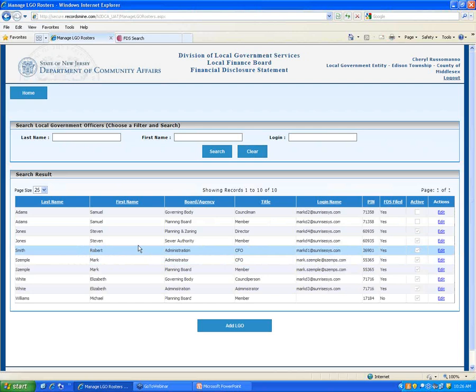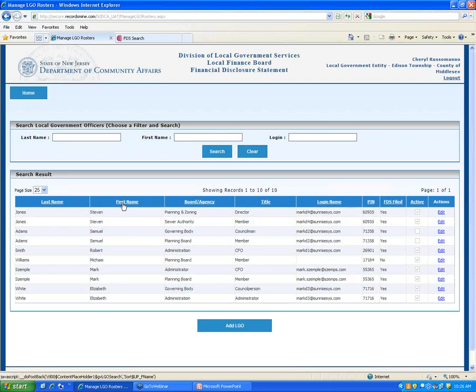And then, as I mentioned, with your search grid, which you have here with all your names on it, any of these columns you can sort just by clicking on the column heading. So if you look at my first name column, the first click puts it in ascending order. If I click it again, it puts it in descending order. So again, any of these columns, ascending, descending, just by clicking on the column heading.